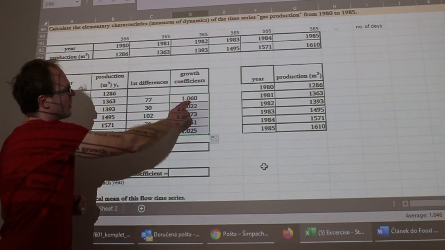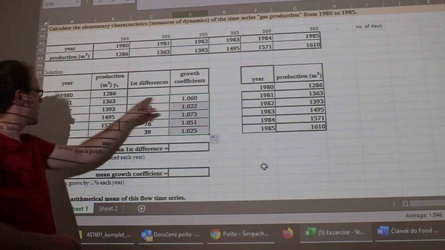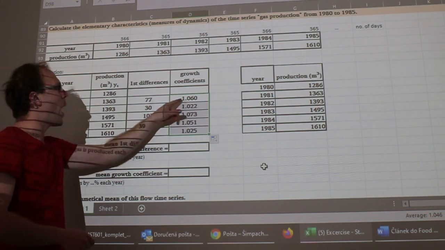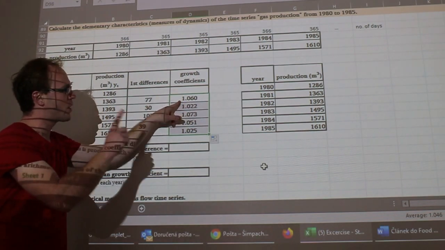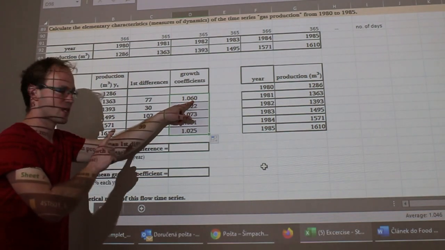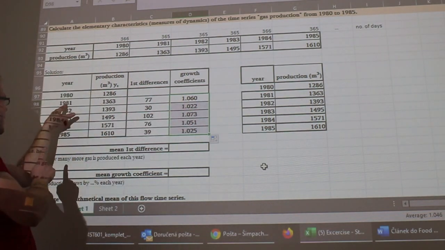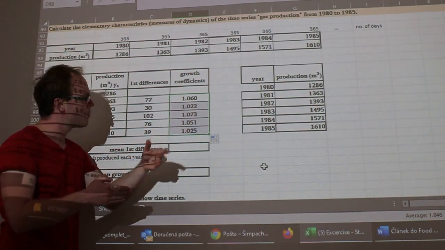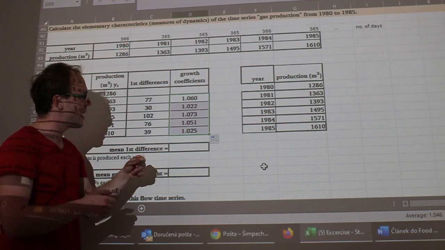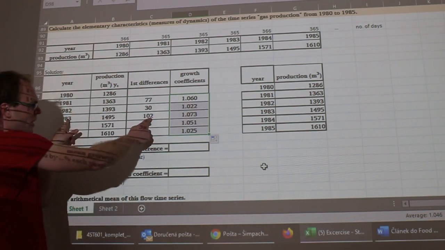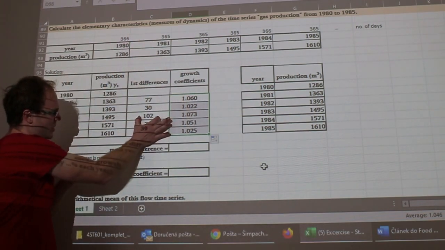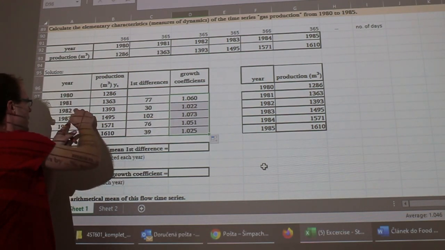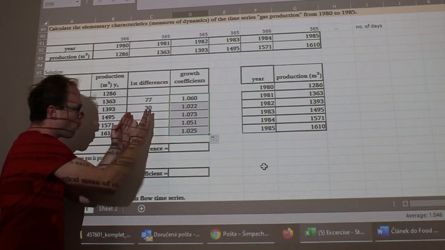Yes, 1.06. It means that between year 1980 and 1981, production of gas increased by 6%. Between year 81 and 82, production of gas increased by 2.2%. Yes, the largest increasing of the production of gas was between year 1982 and 1983, 102